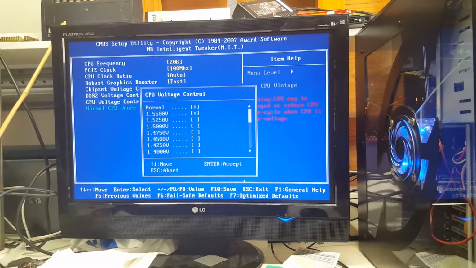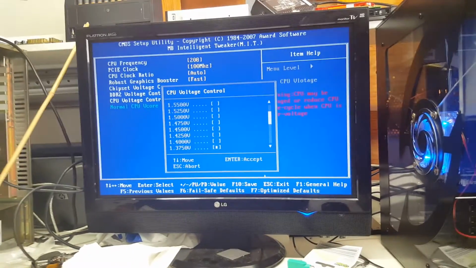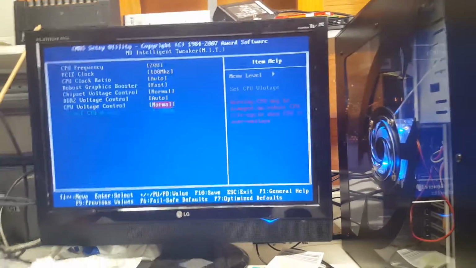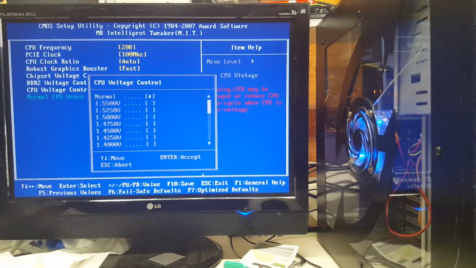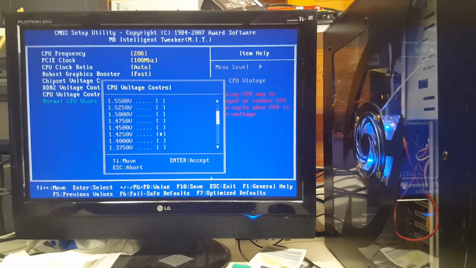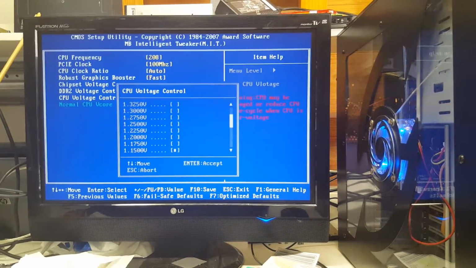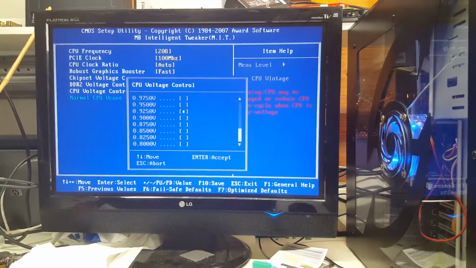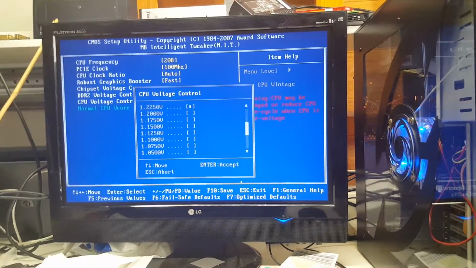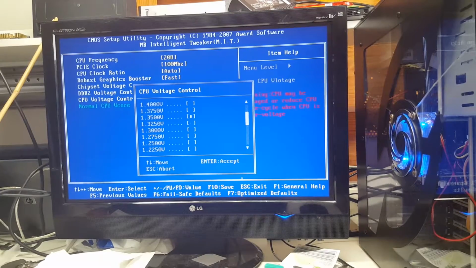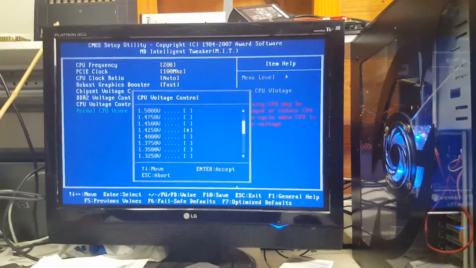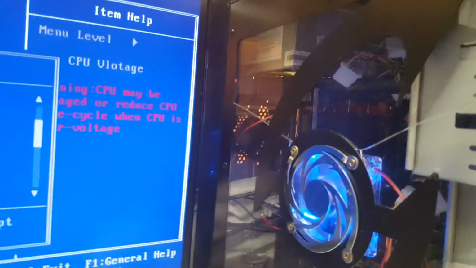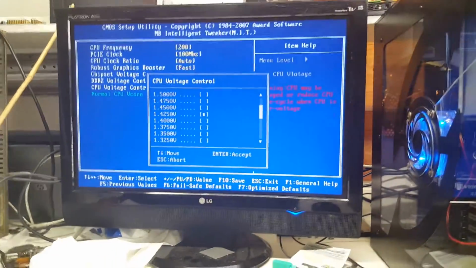For some reason, the highest voltage is at the top of this BIOS. As you can see, it says normal CPU core voltage is 1.4 volts. I can change this to 1.42 volts, or I can undervolt it to save power. I can put it to 0.8 volts, gosh. This thing's hot. On the standard stock 3 gigahertz, it's a 6000+ Athlon dual core. It's usually about 60 Celsius. There's a massive copper heatsink in there. You can see there's heaps of fins, and it's a stock AMD one. I'm actually gonna get a new cooler for it, but